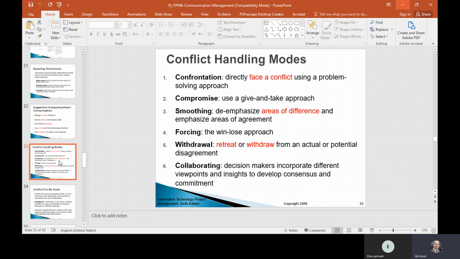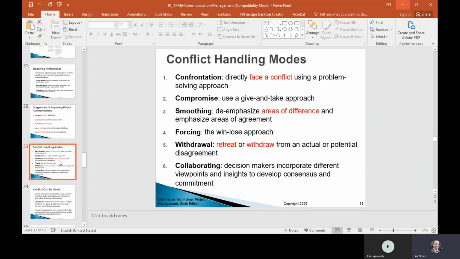Smoothing emphasizes the area, not neglecting the problem area, by reducing the tension and neutralizing things. And forcing, when you are in power, stop, meaning stop, don't escalate the issue. You're forced to stop the conflict. Withdrawal, retreat or withdraw from the actual conflict, just, I'm not gonna go into that. Stop. That's it. You withdraw yourself and you go away.